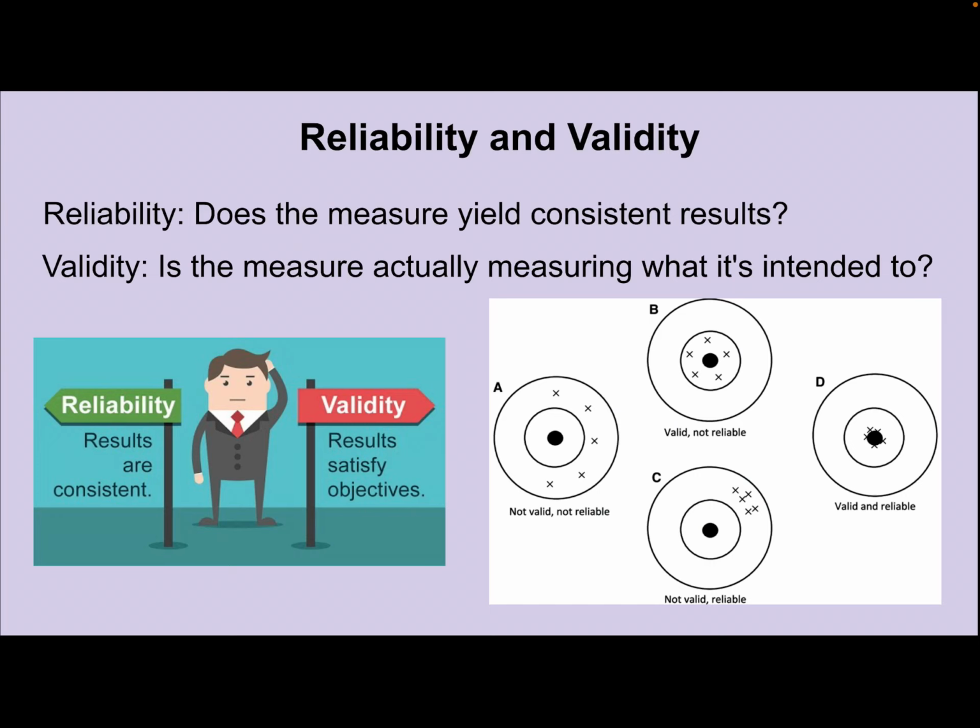Naturalistic observation is observing a behavior in its natural setting. However, you can't control any of the variables, right? Observer bias can happen during observation, and that's when the observations are skewed to align with the observer's expectations, right? They have bias, so they might observe things differently than they really are. One way to handle this is by having more than one observer and measuring inter-rater reliability, which is the amount of agreement between observers. A survey is a list of questions to be answered by each research participant.